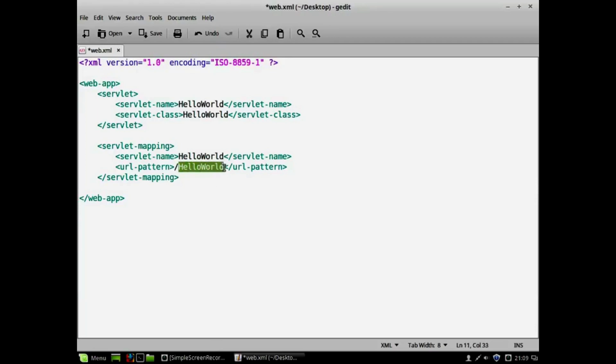It can be as simple as your class file name, or you can just type hello also. This name need not be the same as the servlet class, because when the user types this, it will automatically relate it to the servlet name. The relevant class name can be found from this particular tag. So everything is well formed. It's a well formed XML document, no problem. So remember that in the URL pattern I am going to use this pattern.